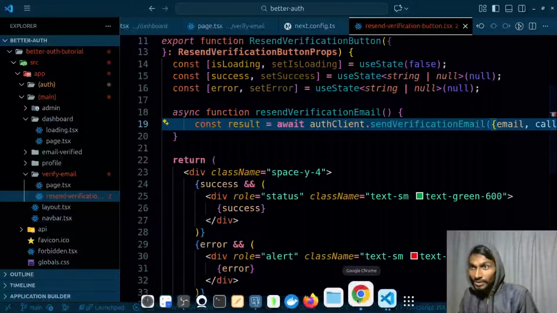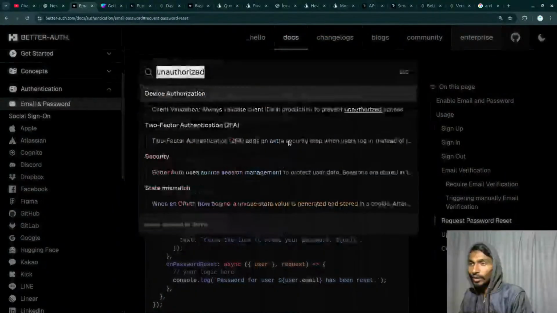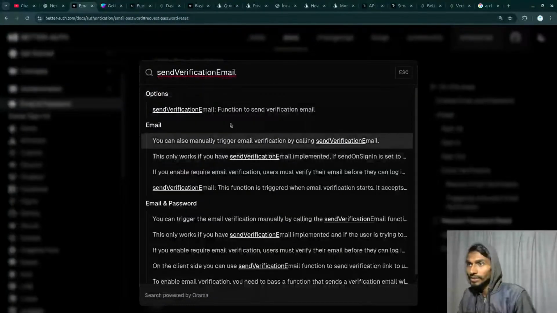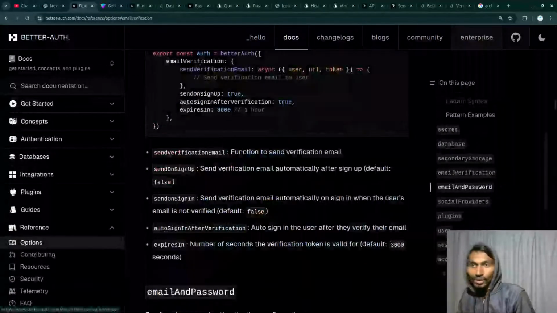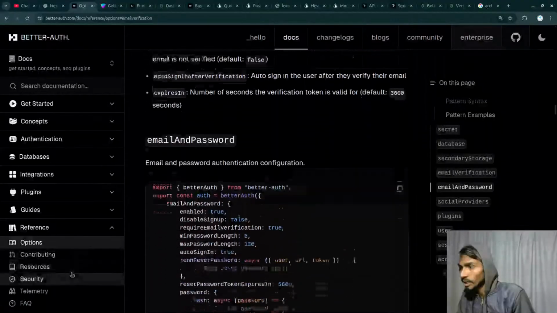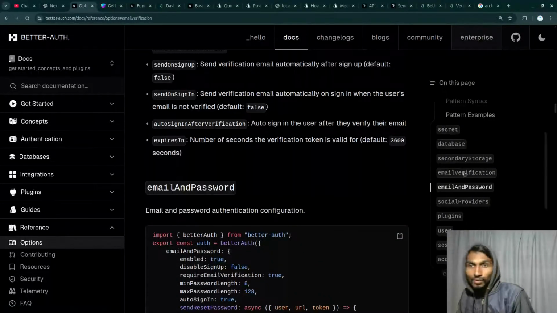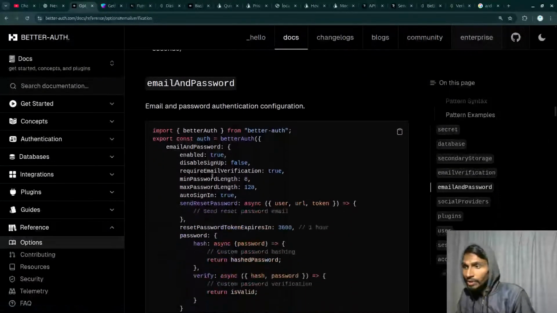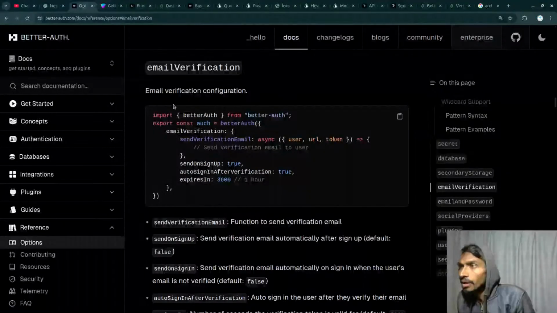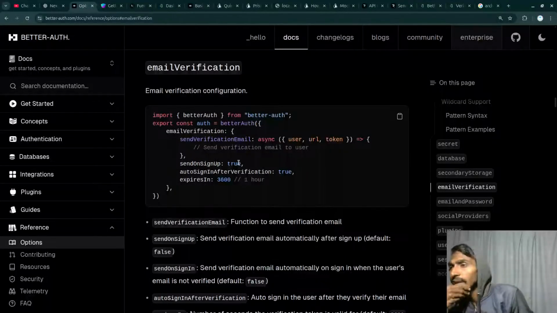Let's first of all search this thing. Send verification email. Control K. Send verification email, send verification email function. Interesting. Email and password inside email. So I need to go to options. After that options, that's only option only. Then email verification. This is what I'm getting. After that, secondary email verification. Fine. And then email verification, creating this token, send. Okay, one more thing, send on sign up,